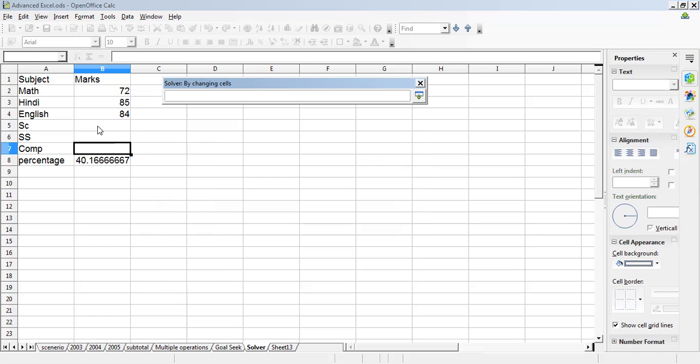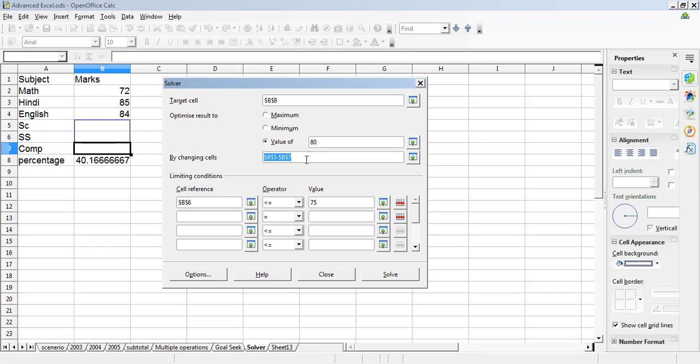Now select the three cells, then expand it again. Now these three cells' addresses will be there. Now in your science marks, you can achieve, suppose, greater than or equal to 75, suppose 75.